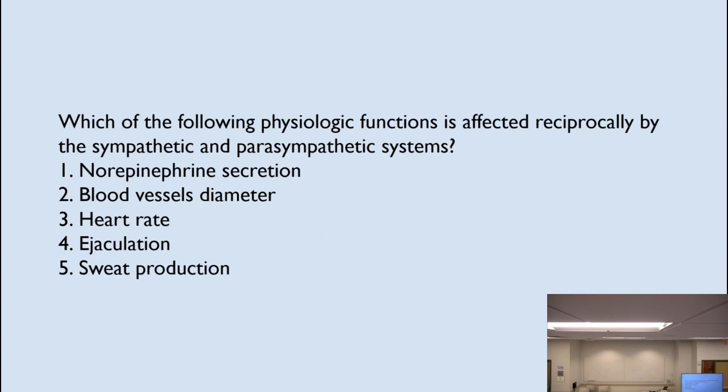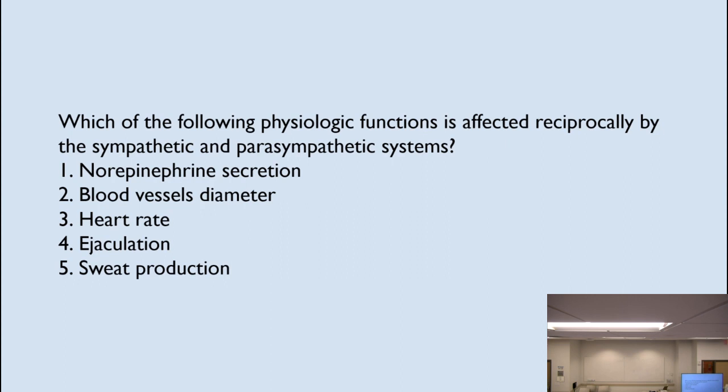Which of the following functions, where one affects the sympathetic, affects in the reverse the parasympathetic? It's more or less like which of those functions is affected reciprocally at the same time by the sympathetic and parasympathetic. If I increase one, something is going to happen. If I increase the other, something the opposite is going to happen. And remember,